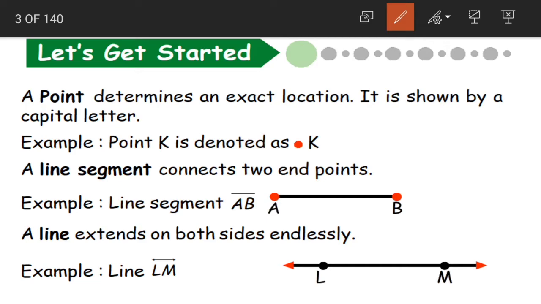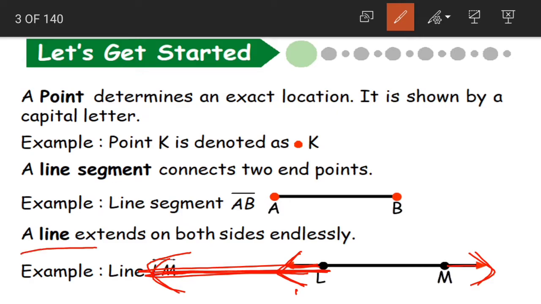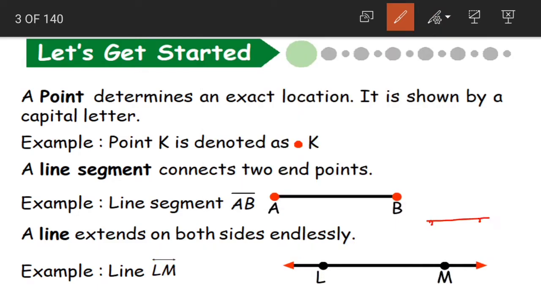But now what do we have? We are having an extension. We are having an arrow. Here arrow indicates that we can extend. That means we can increase the length of the line to how much ever we want. So line extends on both sides endlessly. Endlessly means it is not limited. It is not fixed. If you take only this LM, it will be a line segment. But when I can extend it on both the sides, like if I place arrows like this, it will become my